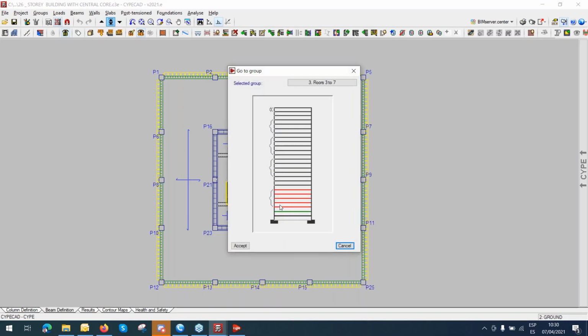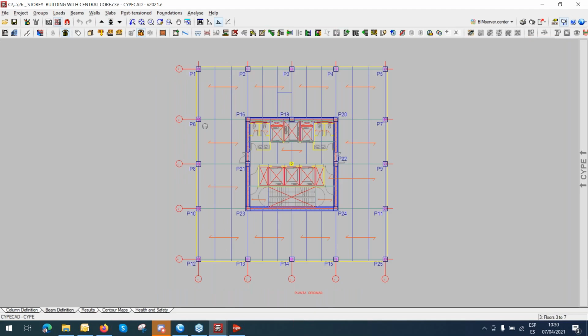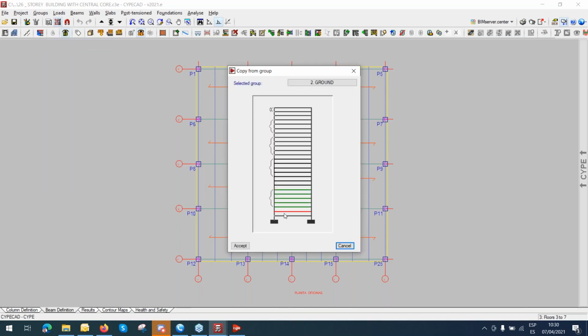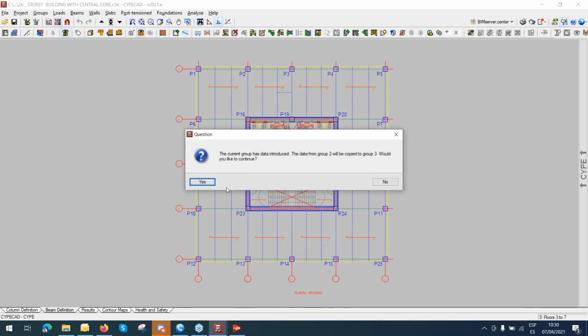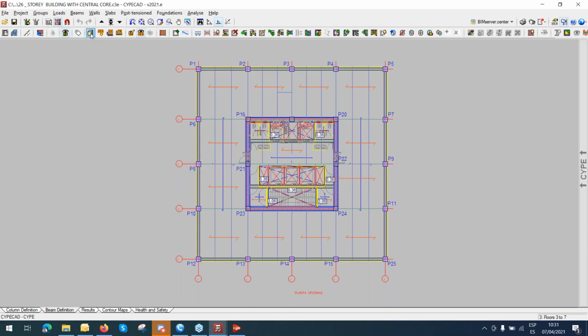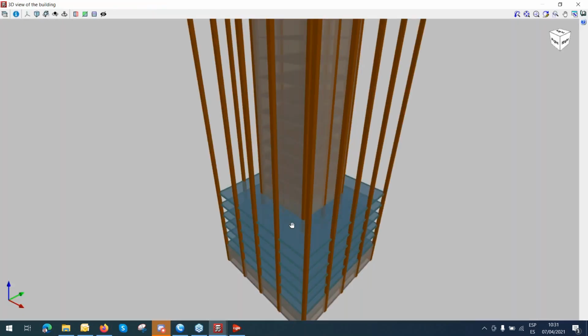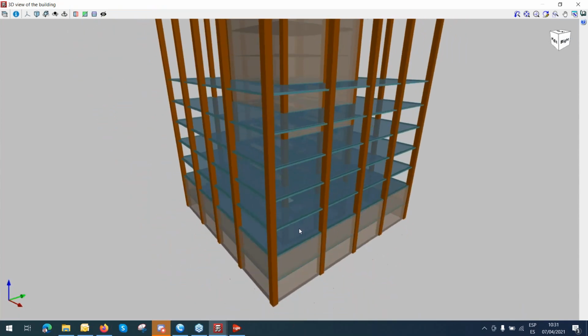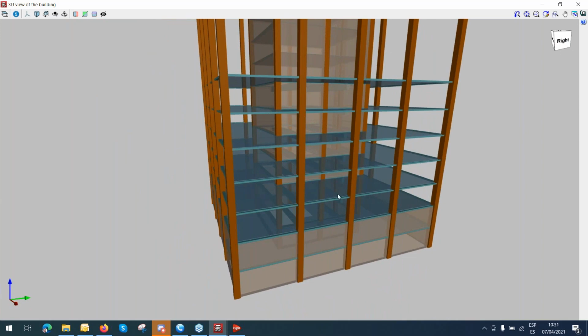Then I'm going to move forward. I'm going to copy this information on top, which is going to be here. In order to copy, I can move on top. Now we are on top, and then I can go back to the ground and say copy from another group, which is the one on the bottom, and it's done. For sure we have some things to change, but like that, we are going up. But I forgot to connect in the ground